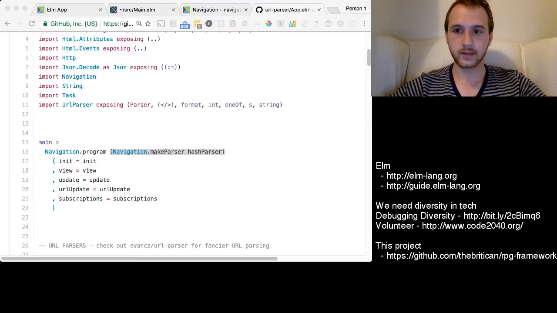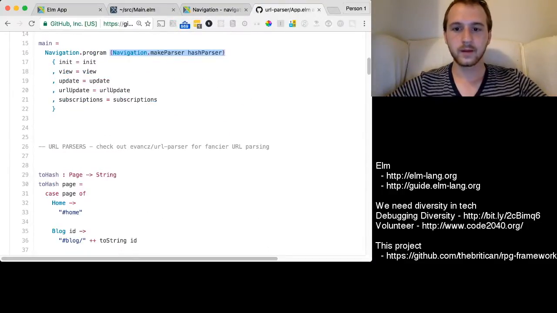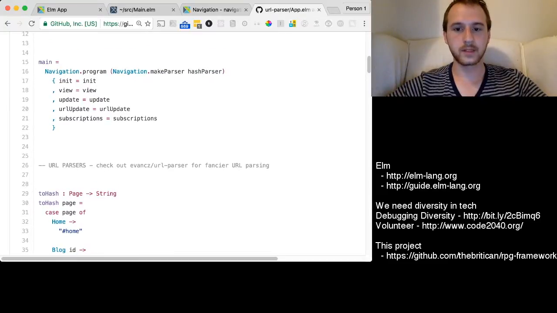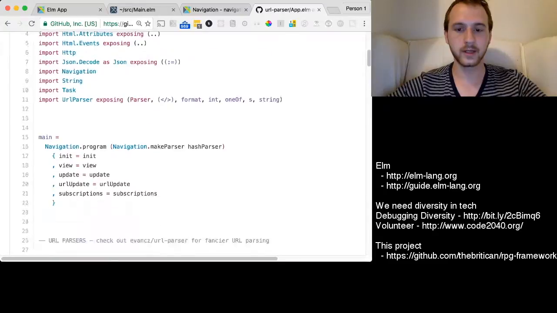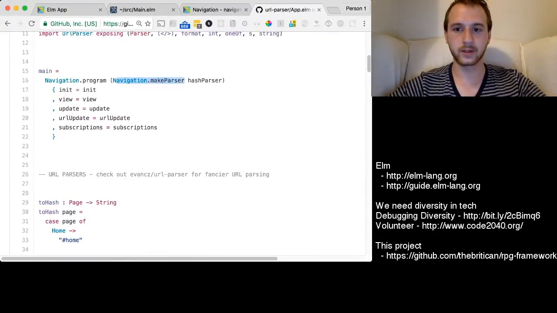So let's go back to page. All right. So this is even URL, check out URL parser for fancier URL parsing. Okay, interesting. So he's saying that there's a navigation make parser, and hash parsers,